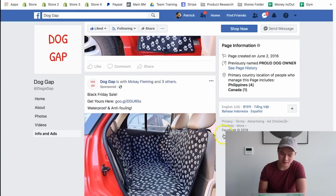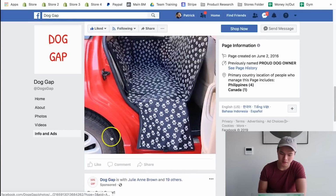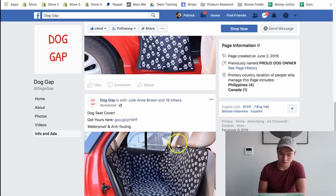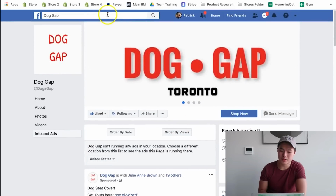Yeah, see, he tested many different ad copies: Black Friday sale, toxic cover, waterproof and anti-fouling. I don't know what the difference is between these two, but that's pretty much how you can find and save